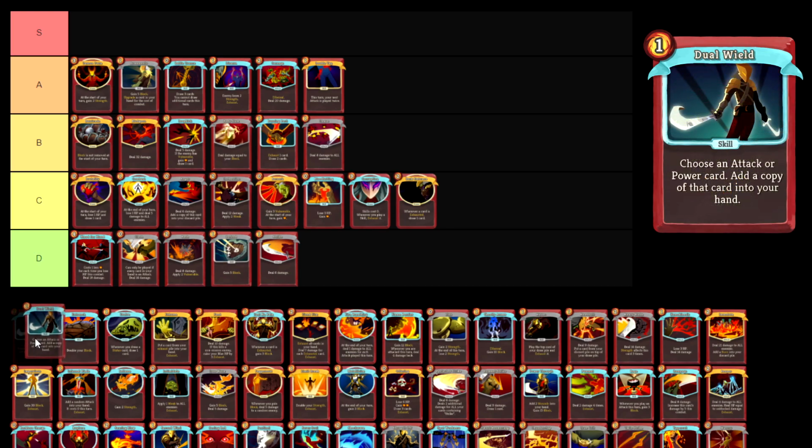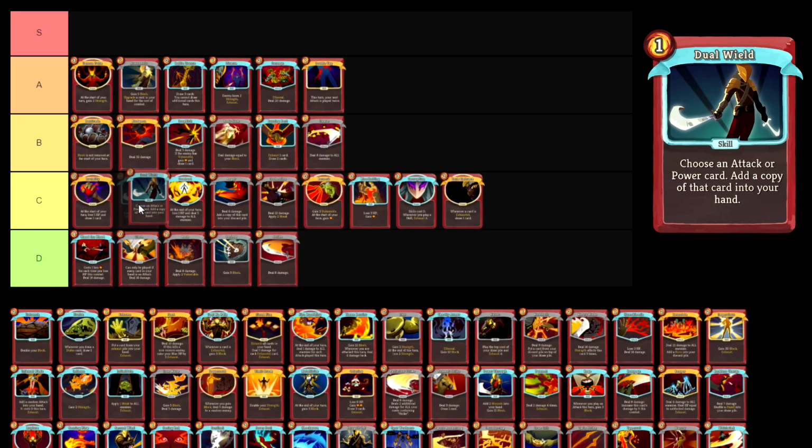Dual Wield. This is one of those cards where, when you get it to work, you're like, oh, damn, that was good. But it just is rough, right? It's rough. And I think that I put it C tier because I know it's good. Doubling powers and other attacks can be phenomenal. It's just getting that to work without having a super abundance of energy